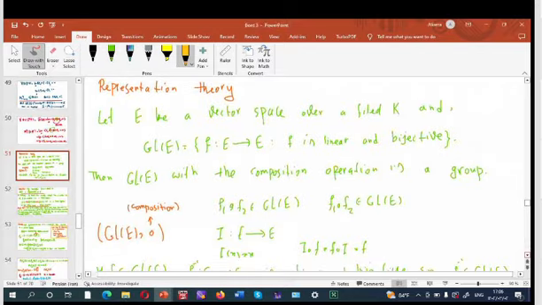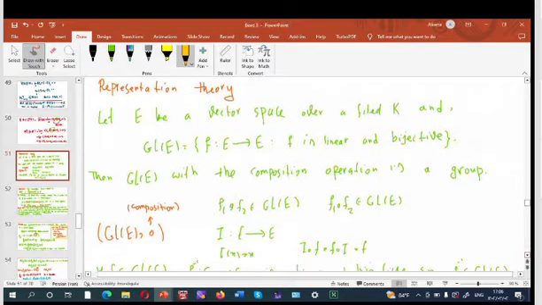For example, if we consider a group G with the binary operation star, rho from G to GL(E), or GL of E,